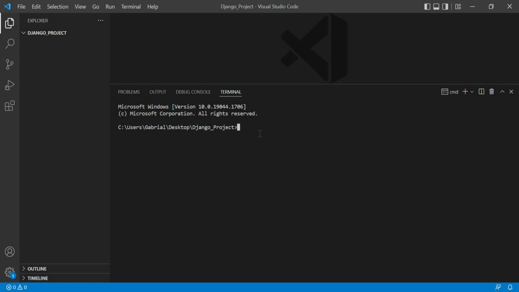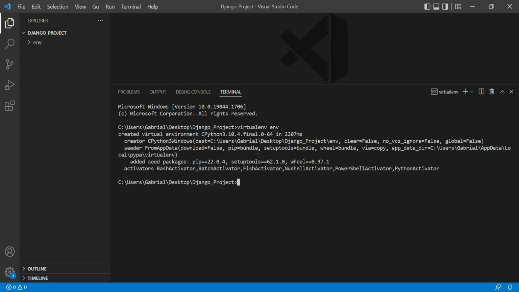So with the help of Command Prompt, as you can see that I'm already inside the project, I'm going to say virtualenv and hit enter. This is going to create a folder called env inside your project. So now what we have to do is navigate inside that folder. So I'm going to go to cd